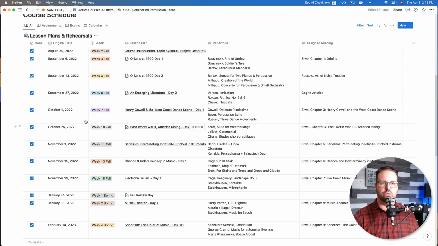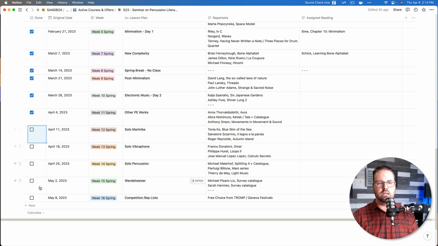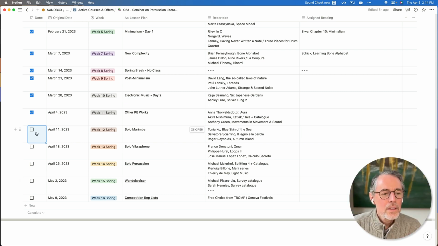That would be another way to do it. But sometimes there's a visual and kind of satisfying way of clicking this off and knowing, oh, I can see these are done and these are not. We're getting to the end of the semester here. We only have a few left, which is kind of cool. It looks in this context like a milestone you've reached, and there's a bunch of things you needed to do in order to get there. But now you can say, okay, this step of the journey is complete,